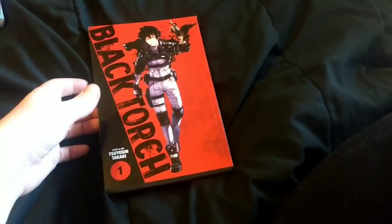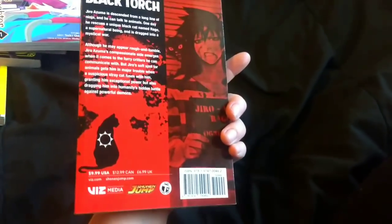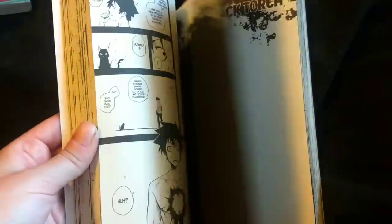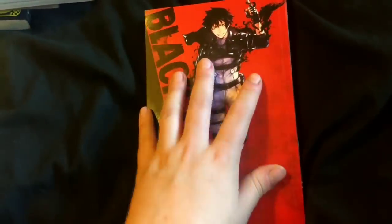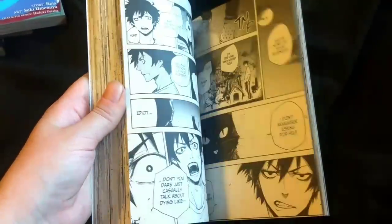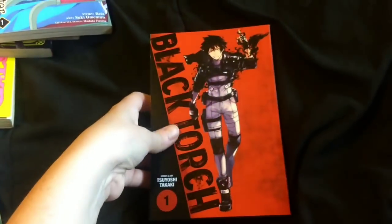Next up, we have Black Torch, which is a new manga from Shonen Jump. It definitely has Bleachy vibes. Look at that, and you can just feel very Bleach-esque sort of vibes coming off this manga. And I haven't really gotten into this one very much. A lot of stuff I've been having to read otherwise, but it seems to be about this guy, and he can talk to animals, and he rescues a cat who ends up being a Mononoke, I think is what they're called in this universe, like a demon, and he winds up,